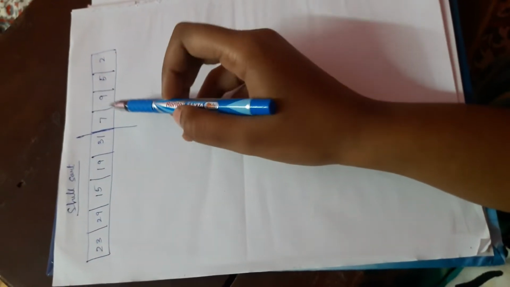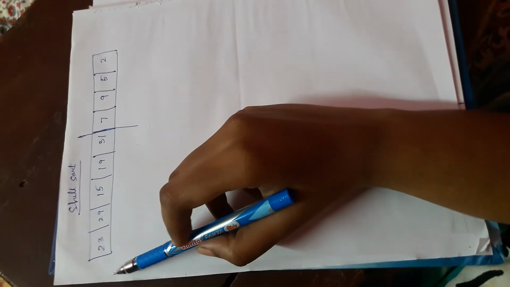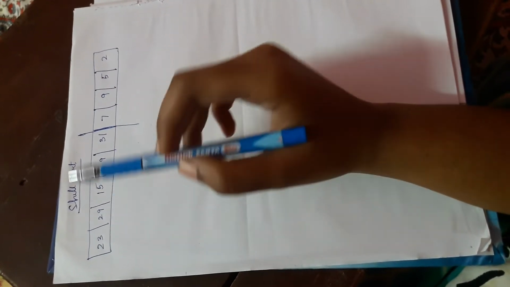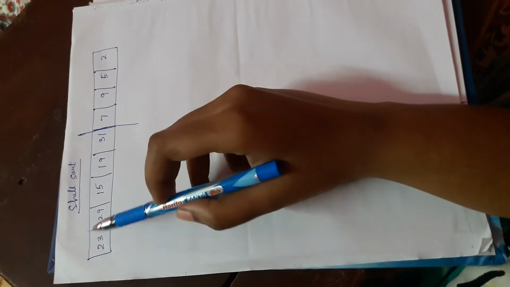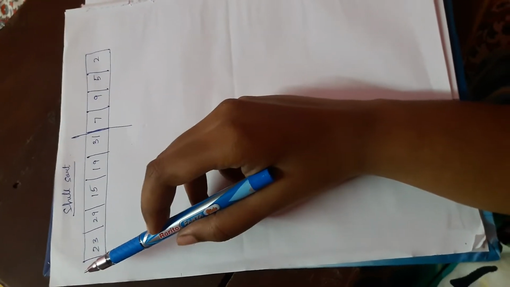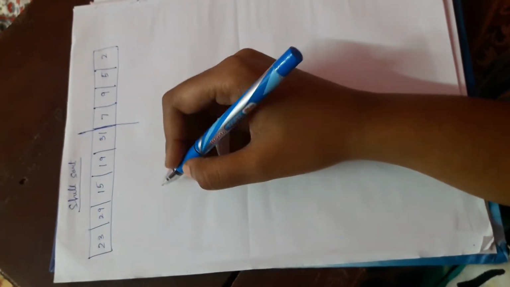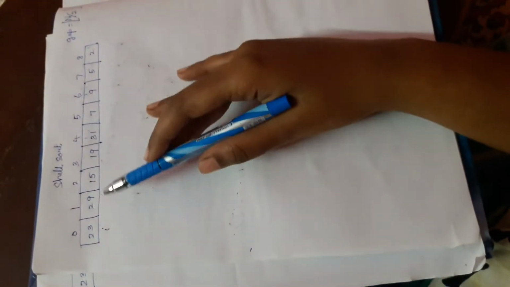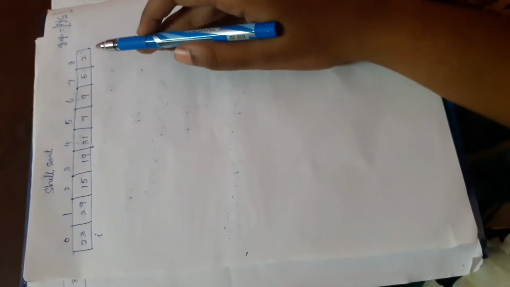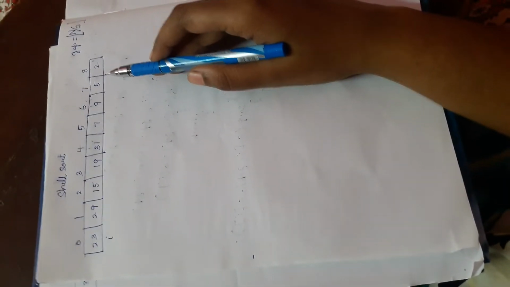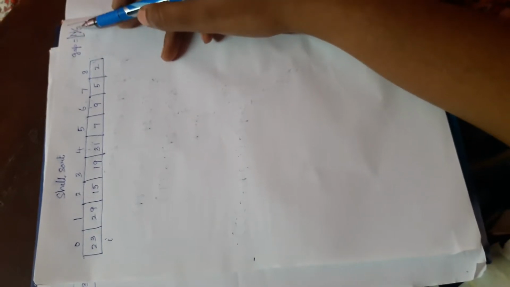Okay, but in shell sorting we will compare this element with the first element. We will see into that. Here we will see the difference between shell sorting and insertion sorting. So I have taken the shell sorting and this is the array we have taken. Here we need to calculate the gap, which is equal to n divided by 2, and this is the floor value. This is the formula we are going to use for shell sorting. At last I will say again the difference between shell sorting and insertion sorting.